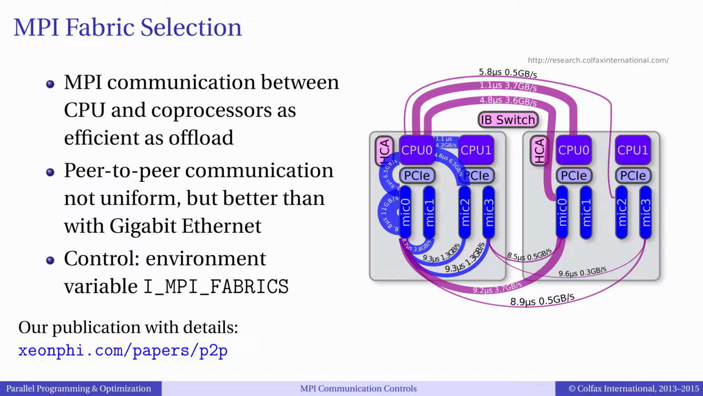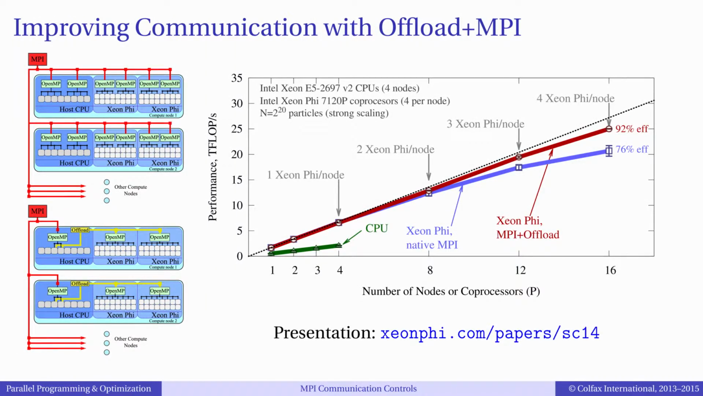InfiniBand cards available in the host. As a consequence, for collective communication with all-to-all patterns, you may want to choose MPI with offload over just native MPI if communication is significant. That is because with offload you have as many MPI communication endpoints as you have compute nodes, whereas with native model you have as many endpoints as Xeon Phi coprocessors, but the same amount of networking hardware. For a case study illustrating the importance of this choice, see presentation available at the URL